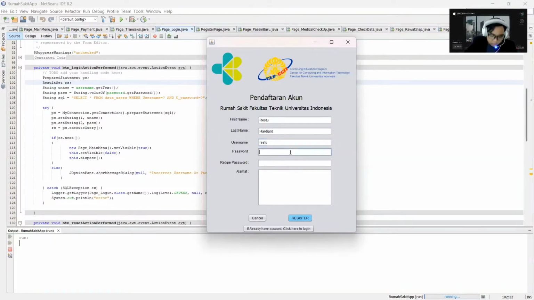And for the password, okay. For the address or alamat, I will just use random. Okay, after you fill the data in this page, just click the register button to add this data to the database.